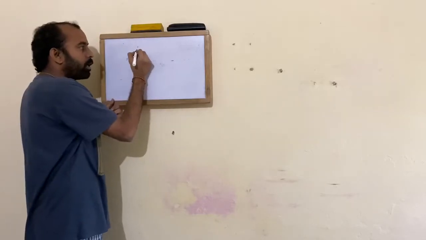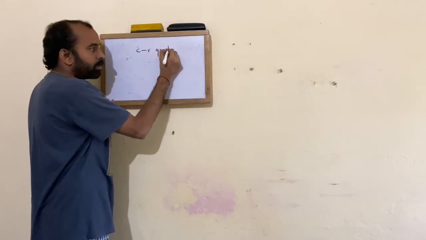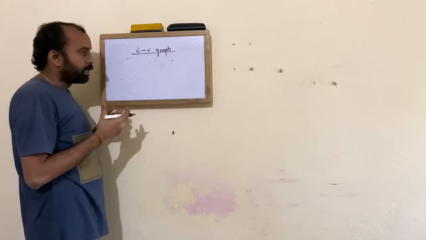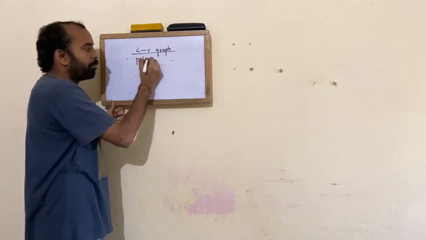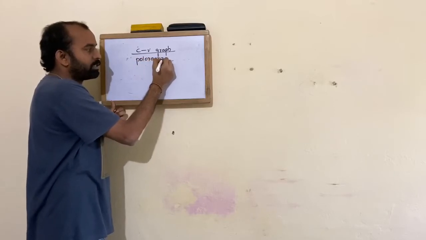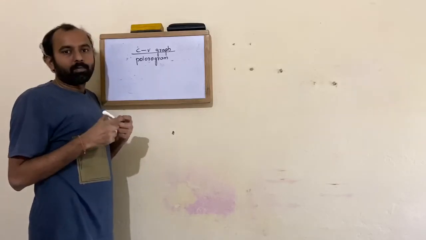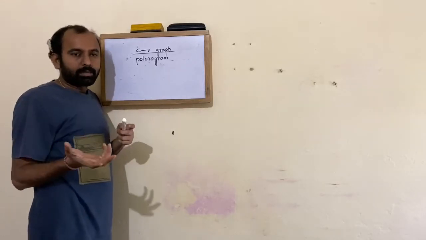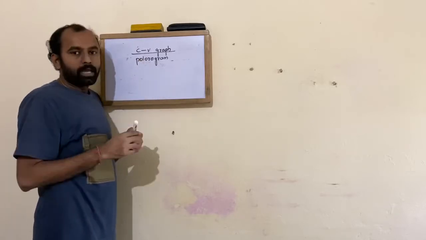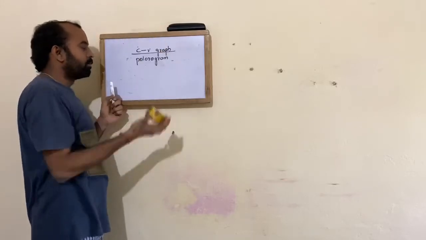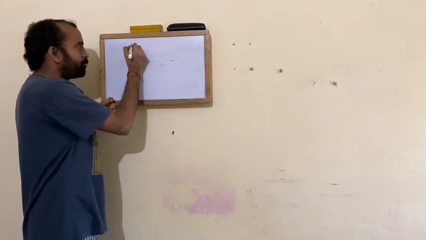Now the current-voltage graph you generate in your polarographic analysis is called a polarogram. It is very simple. If you are doing chromatography, you call it a chromatogram. When you are doing something different, you have a different name. Here you are using polarography, so you call it a polarogram. Let us see what exactly the current-voltage graph shows you.